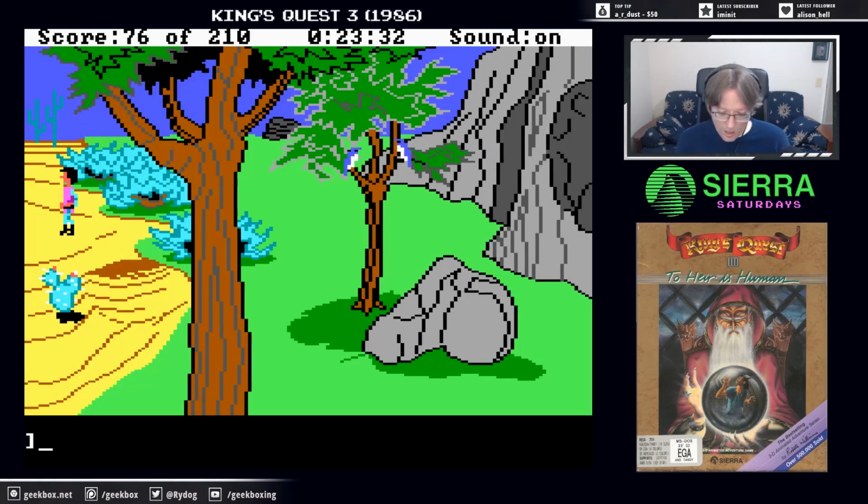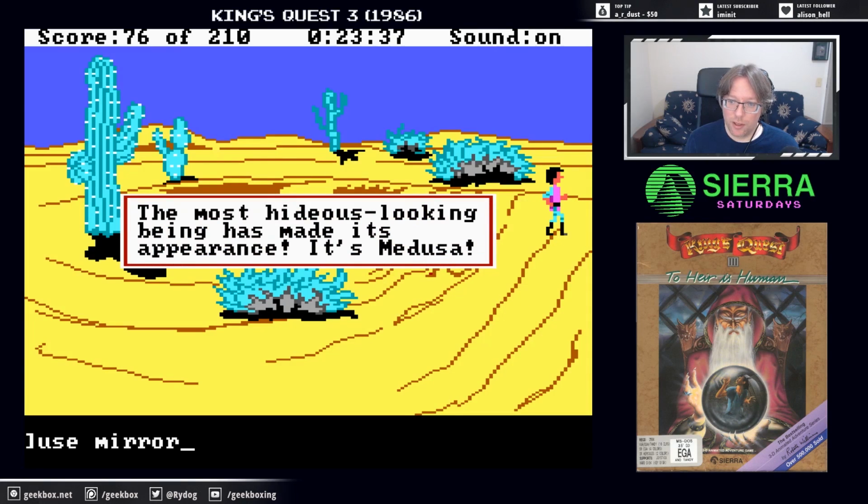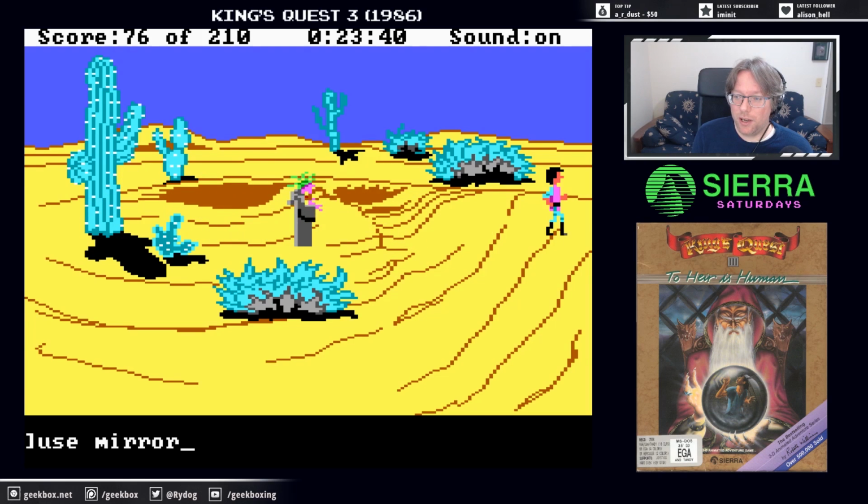Now, I happen to know, because this is a Roberta Williams game, and it's really random when it comes to mythology and fairy tale stuff, that frickin' Medusa is here. The most hideous-looking being has made its appearance. It's Medusa. And she's going to run up here, and I'm going to use my mirror and turn her to